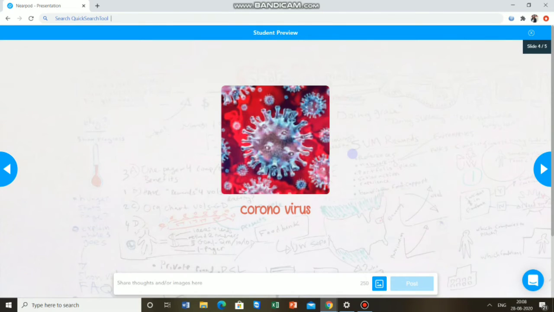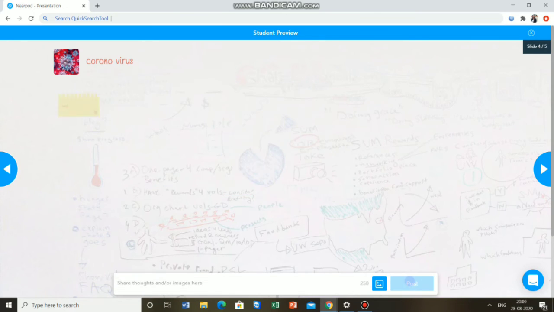Next we have this collaborative board. For example, if your students type here, I type coronavirus China and I post it. It will come as this template. It is a sticker kind of thing, where you can see the name of a particular student and their answer. This way you can see these different stickers in the whole collaborative board.